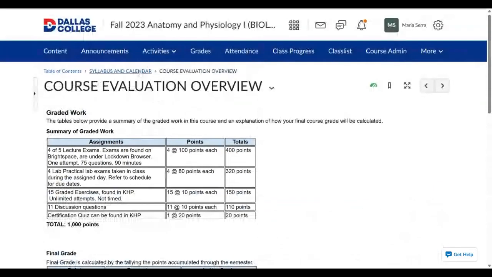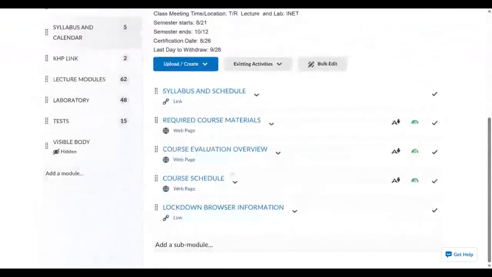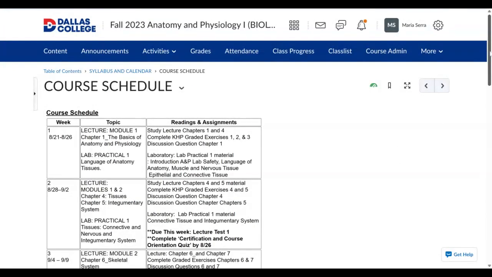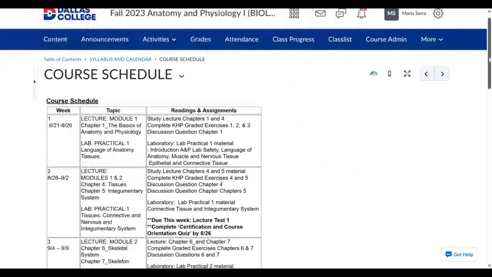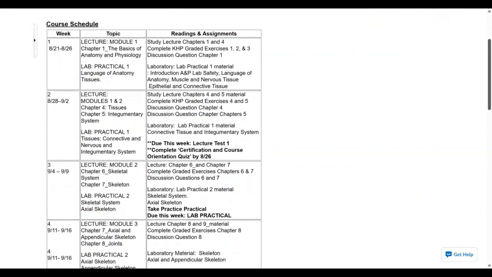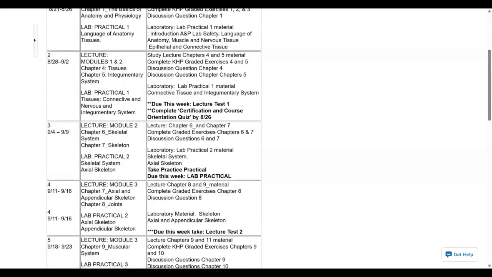I'm now going to exit the syllabus and calendar and go to the next point, which is course schedule. The course schedule again comes from the syllabus, and it gives you the rundown of the topics that will be covered each day in lecture and lab, or each week, better yet, in lecture and lab. Notice that due day assignments are in bold,